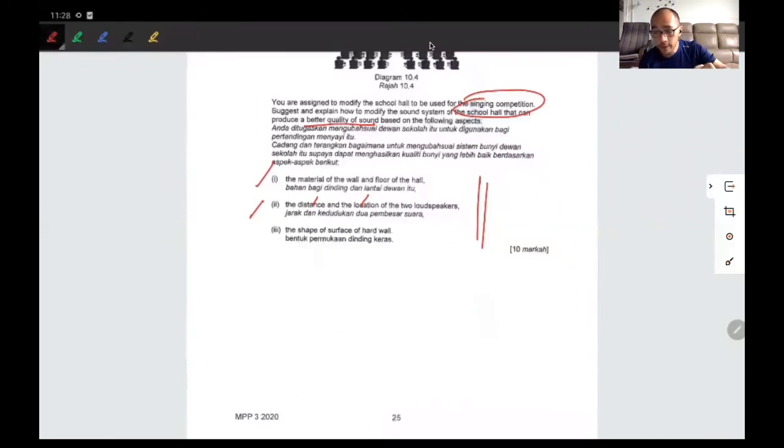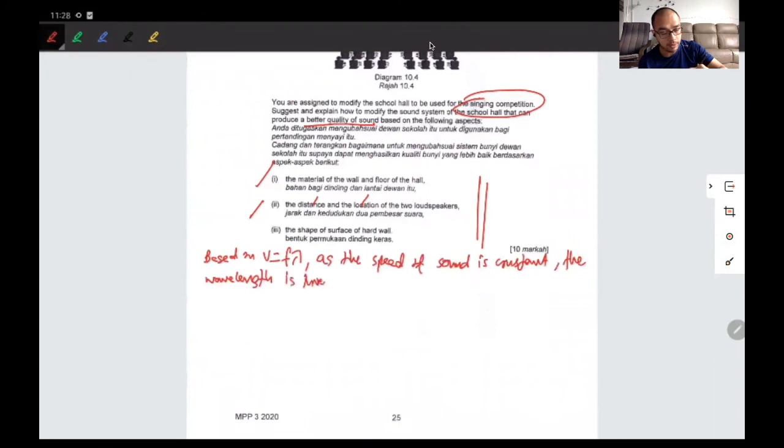Okay, so over here they say based on V equals F lambda, as the speed of sound is constant, the wavelength is inversely proportional to the frequency. Okay, point number one. Point number two,